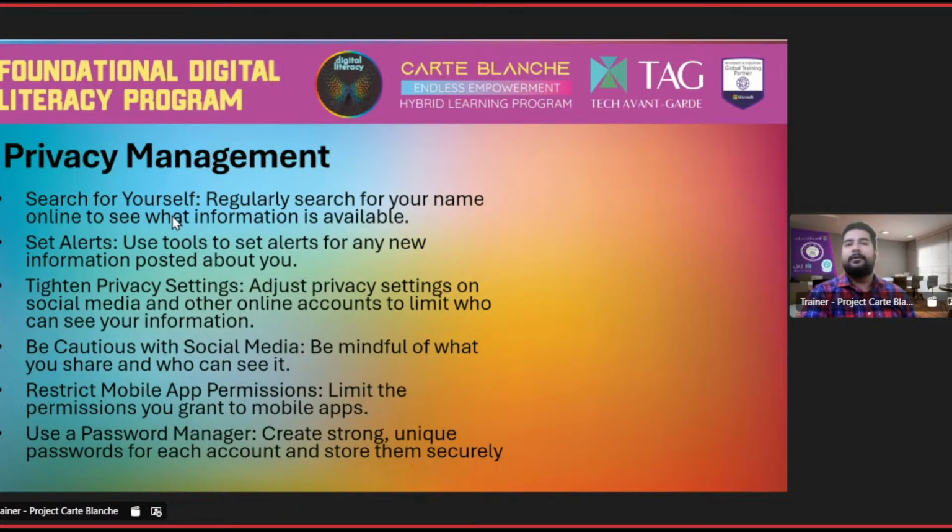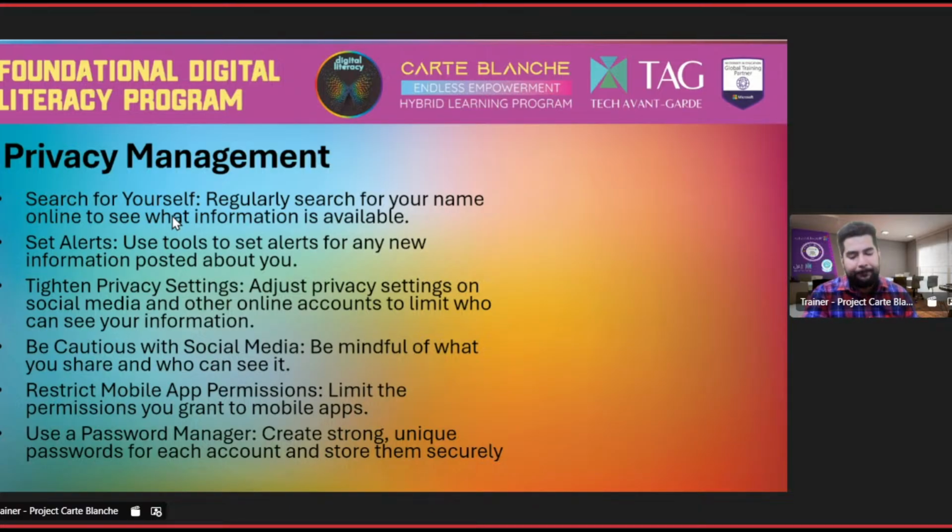It can cause a notice against you saying you can move your camera, change the angle, because you have not taken the consent. Earlier, all this was not there, but because of the latest bill, the privacy of people is a very important thing. Hence, these are the examples. Be cautious about social media. Be mindful of what you share, right?